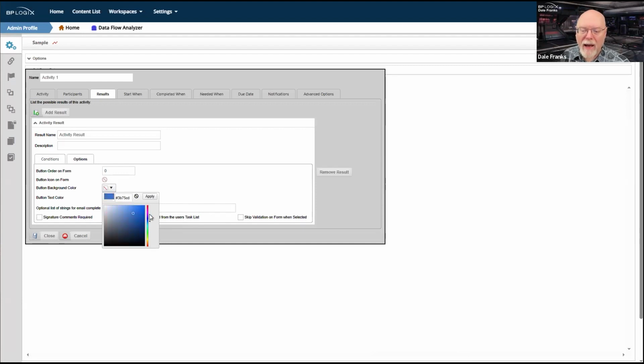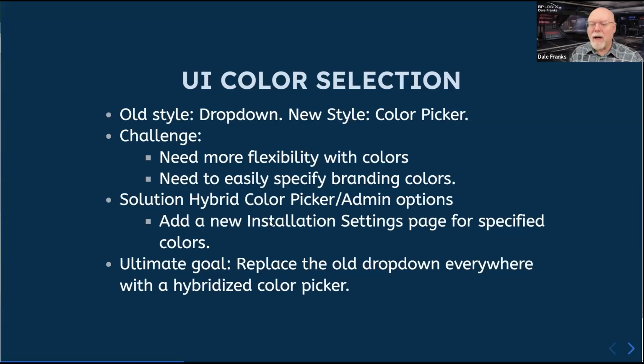And so now I can just choose basically any color that I want, which is both a blessing and a curse, because we do need to have color flexibility. You need to be able to have more colors than just whatever shows up in your VARS file. And to make that happen, you have to add a bunch of colors to your VARS file, which is not super convenient. However, you also need to easily specify branding colors. The VARS file at least lets you do that. You can have those branding colors and they'll appear everywhere that a color picker appears, at least that color picker dropdown.